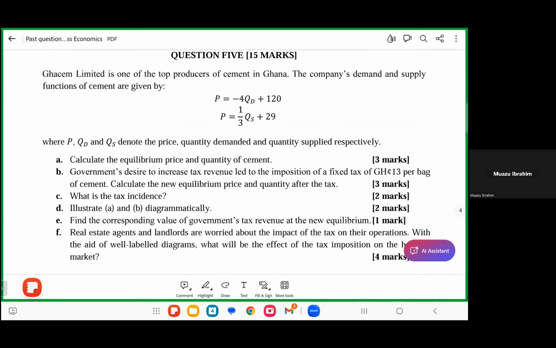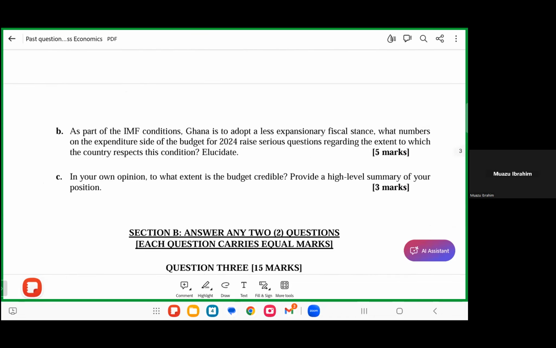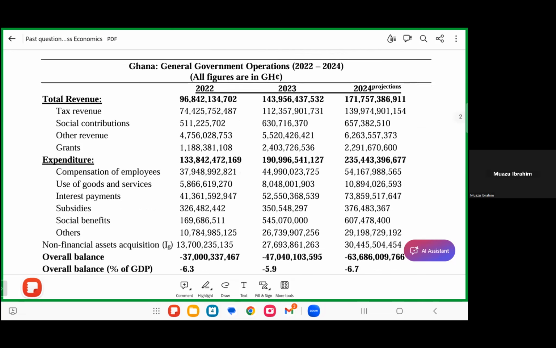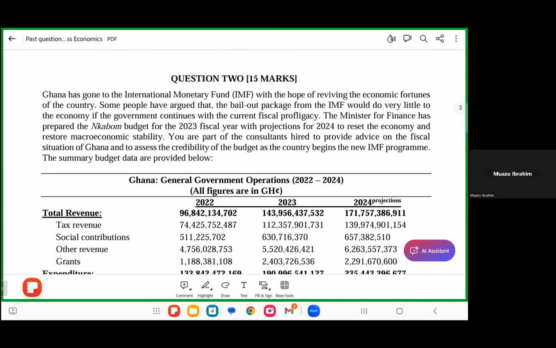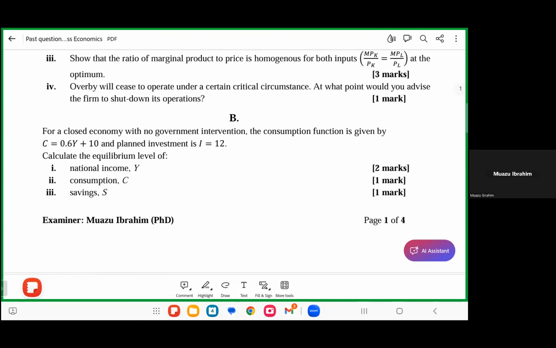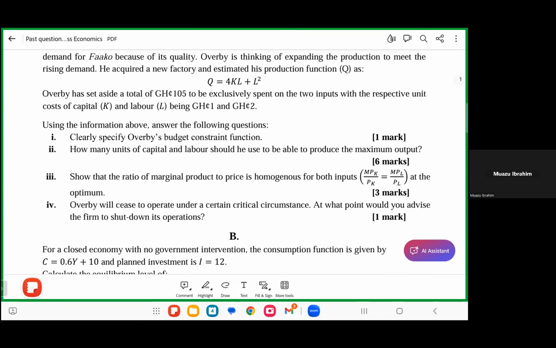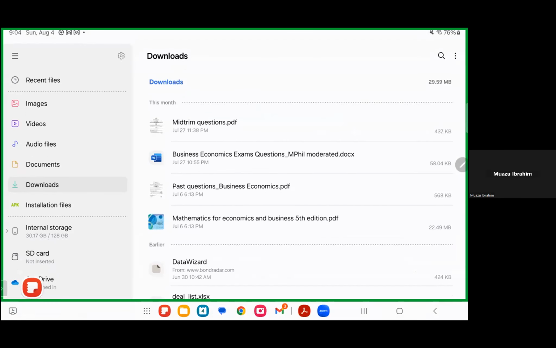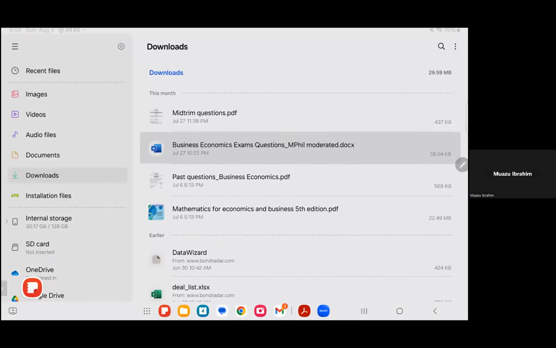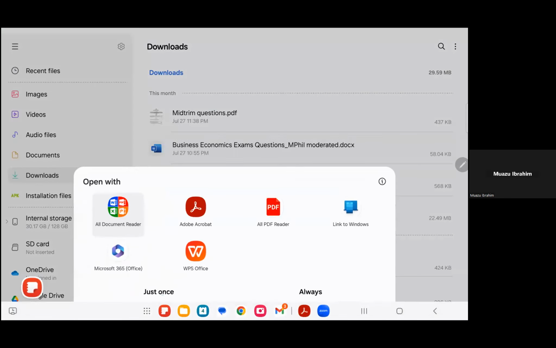And then this particular question, question 5, you should be able to also solve. I think we've done this. And this will be part of the assignments, I will send you the assignments today, and this is also part of it. Reading a budget credibility. So we've done this one. Let me see whether we have some other past questions.